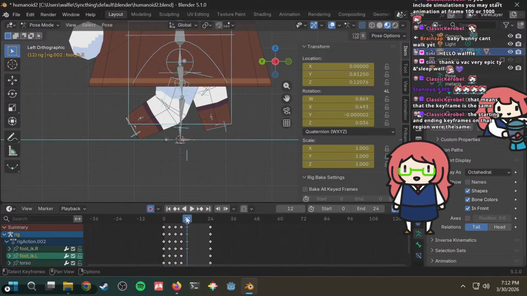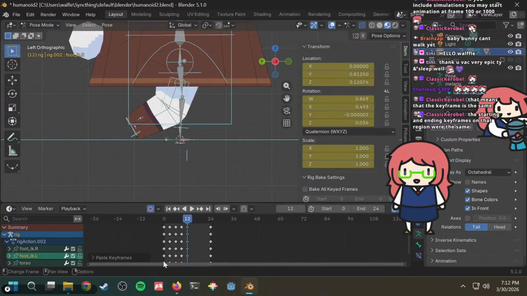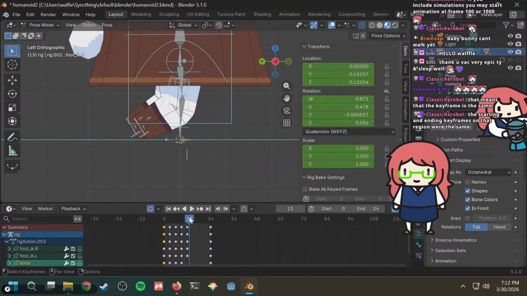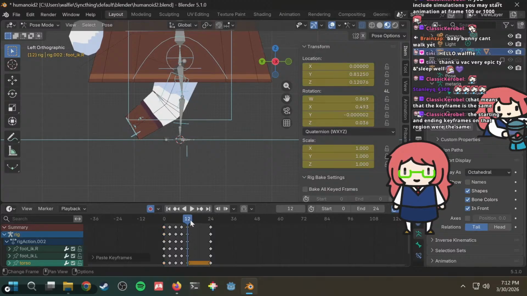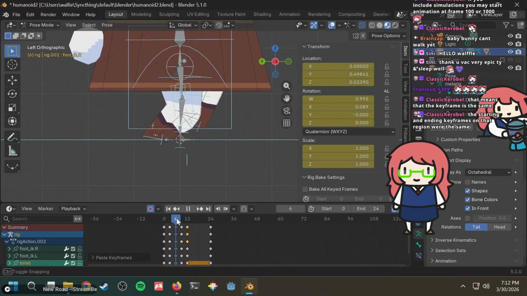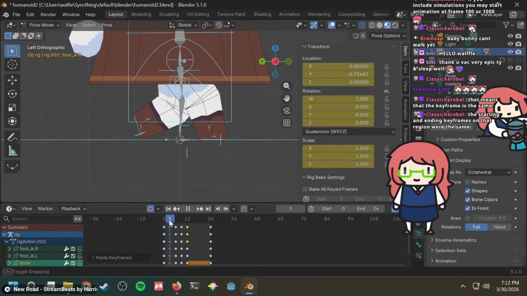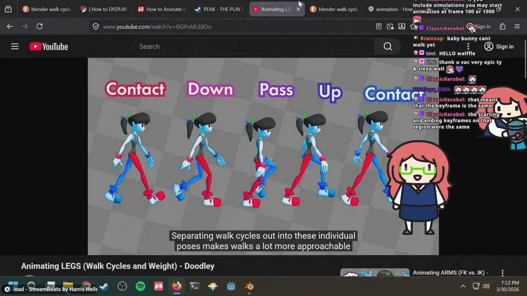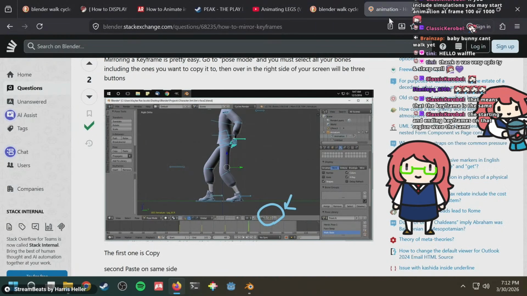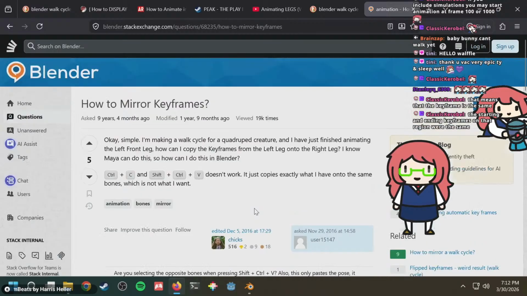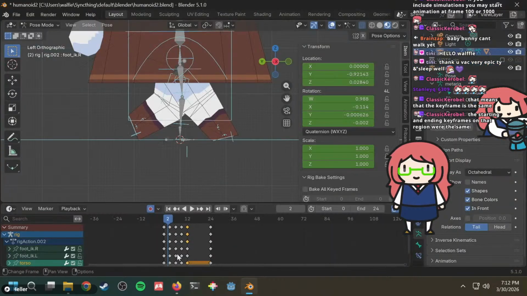Control Shift V. Copy this one. Control Shift V. It doesn't seem correct though. Wait, hold on. Blender, paste, Shift Control V. Doesn't work. But I thought it did work. I thought I was doing that.